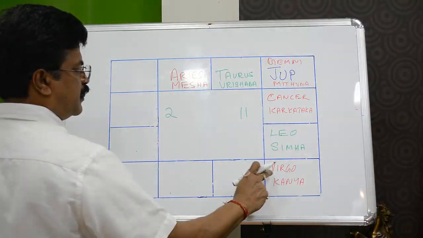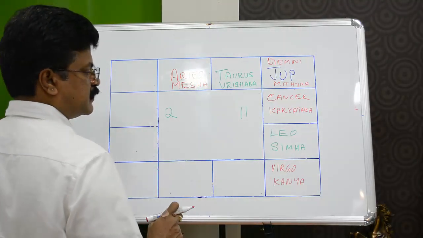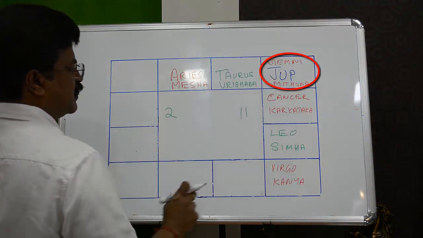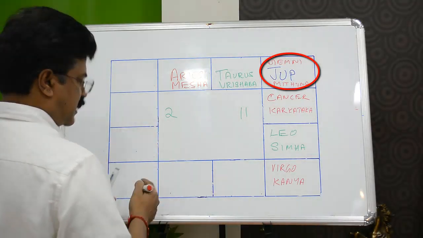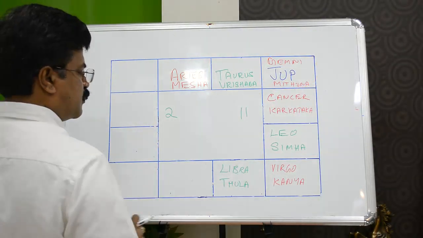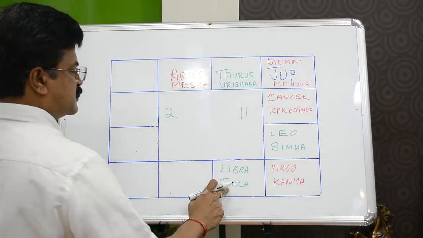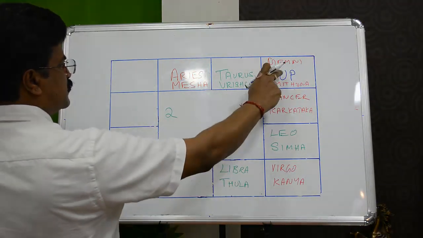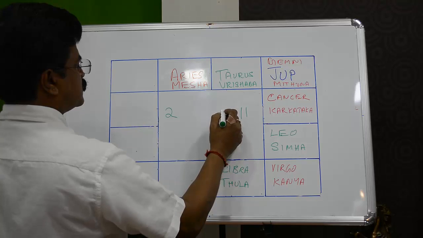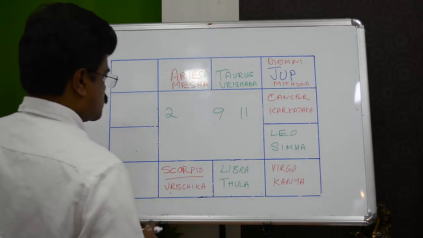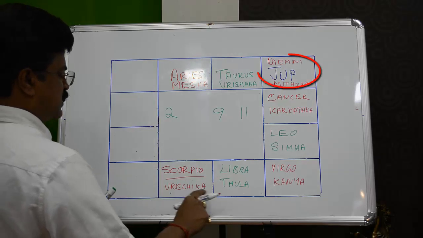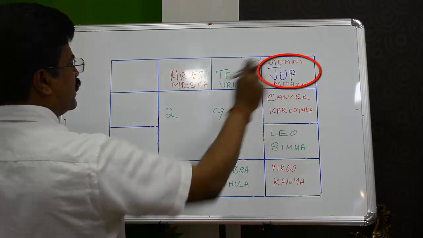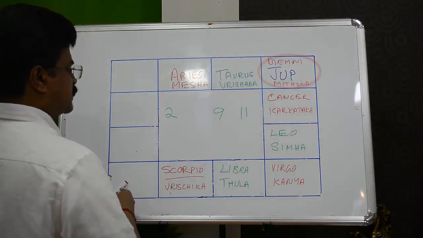For all those who are born in Virgo moon sign or Kanya Rashi, Jupiter is in the 10th house. Count from here 1, 2, 3, 4, and you will reach 10, and 10 is a bad house for Jupiter transit. For all those people who are born in Libra or Tula Rashi, where the moon is over here, Jupiter is in the 9th house. You can count from here, and this is the 9th house, and that is a very good house. So right here, 9. Here, this is Scorpio or Vrishchika Rasi. All those people who have the moon over here, count from here 1, 2, 3, 4, and this will be the 8th house, and the 8th house is a bad transit of Jupiter.